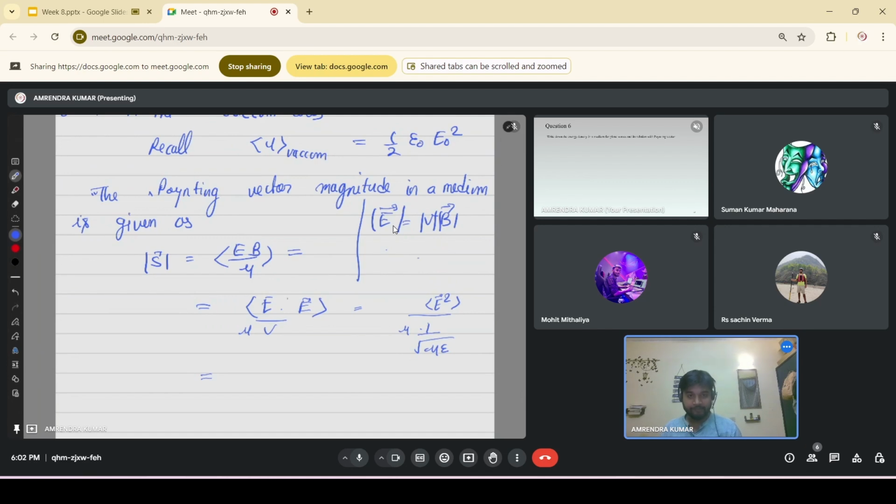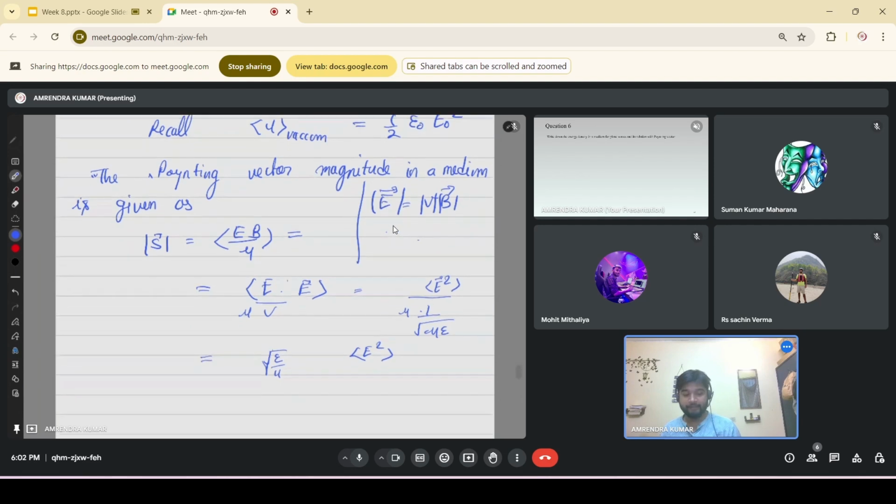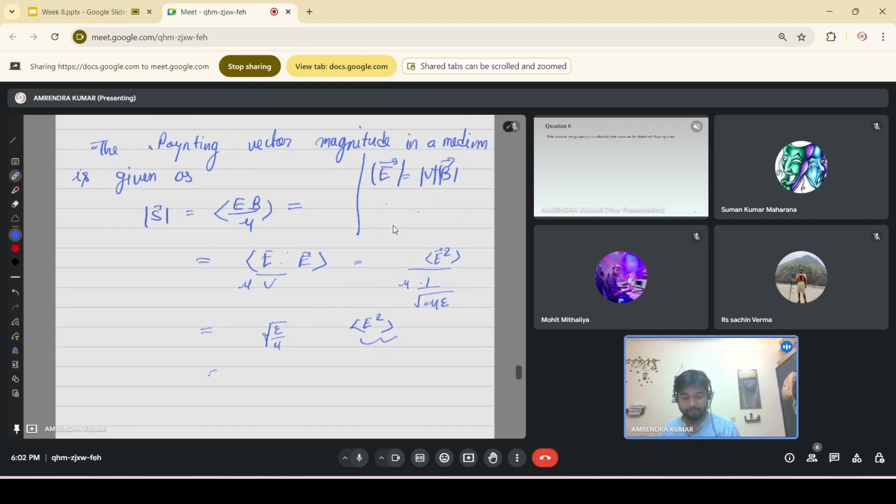So we can write this as E square epsilon over mu, and this is half of that because it is half epsilon naught E naught square. Now you can write it multiplied with